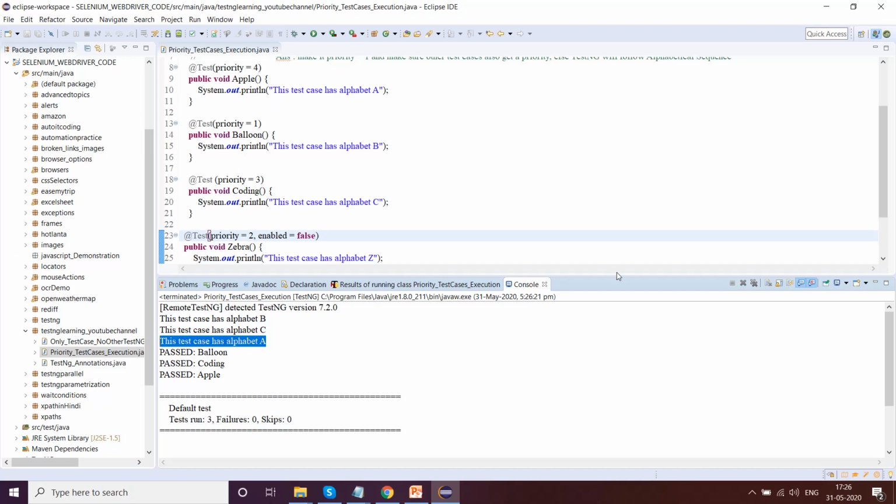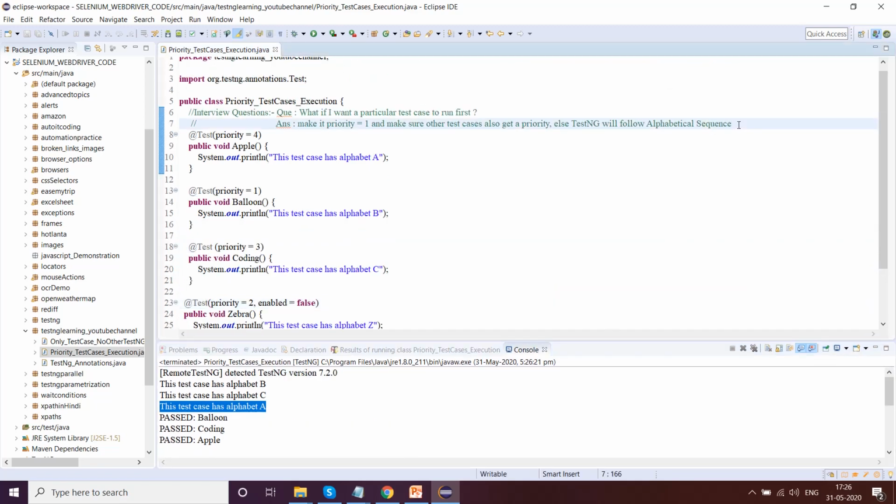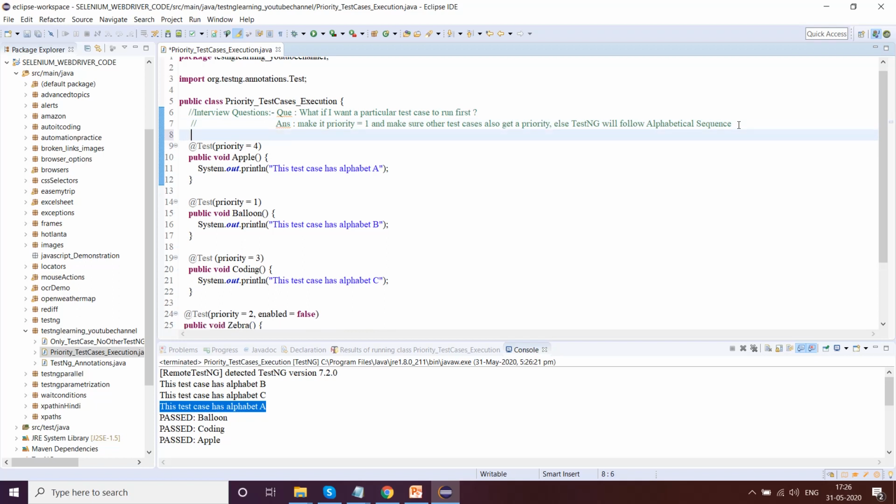Now the question here is, sometimes interviewers will confuse you. The question will be, how to disable a test case. And the answer will be enabled equal to false.